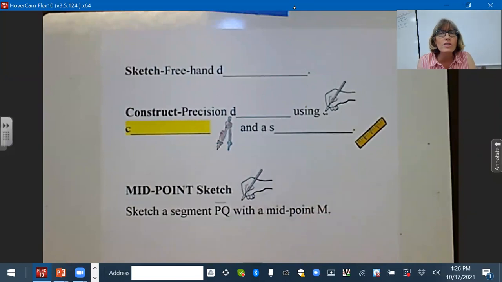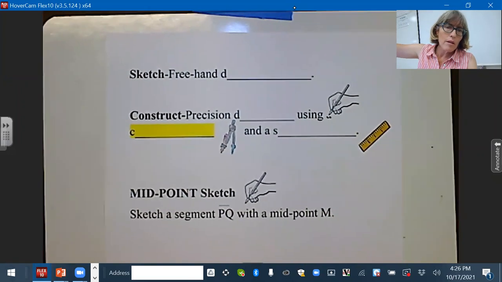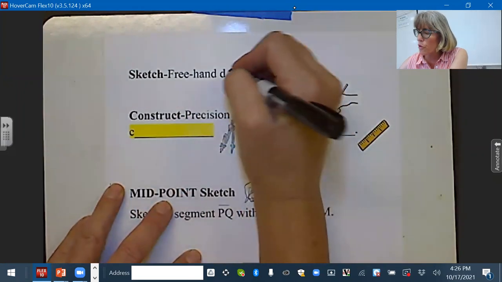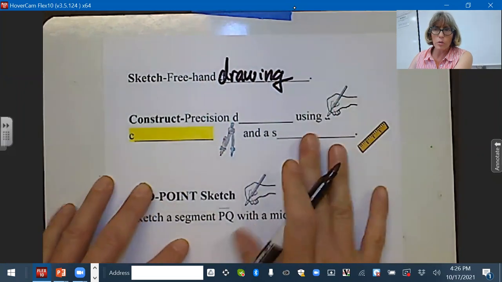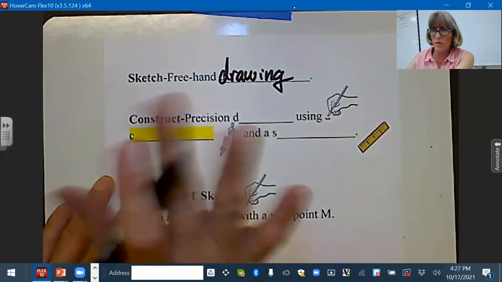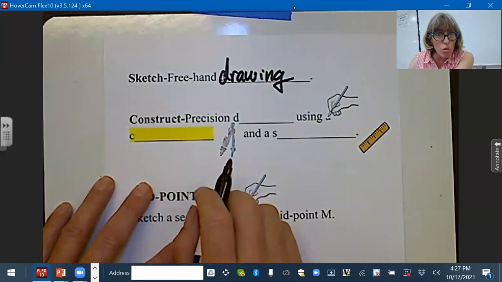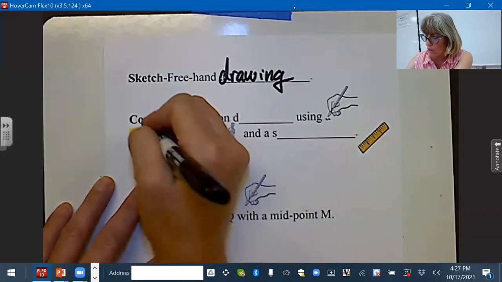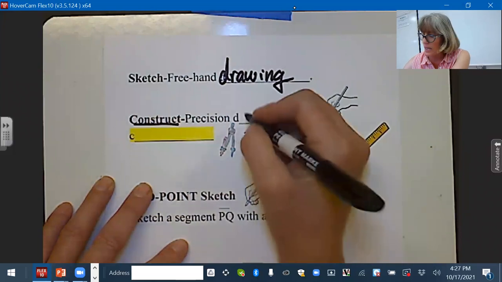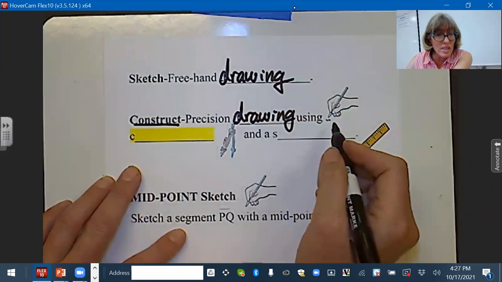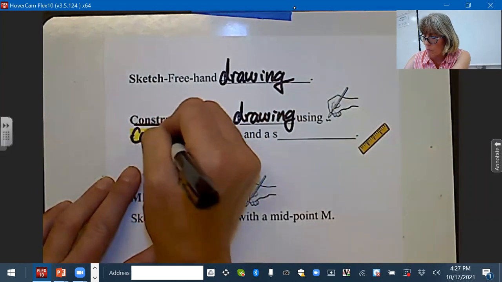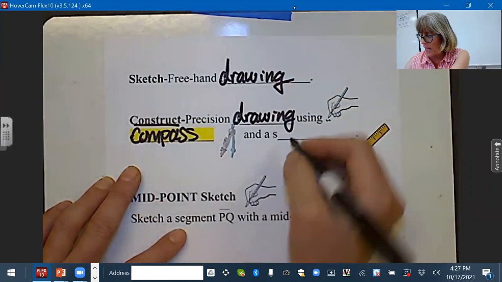First off, let me define the difference between sketching and a construction. A sketch is a freehand drawing. So it's just a freehand drawing. When I say sketch, it means nothing but your pencil. A construction, if you see the word construct, folks, on the instructions, it means a drawing using specifically a drawing compass and